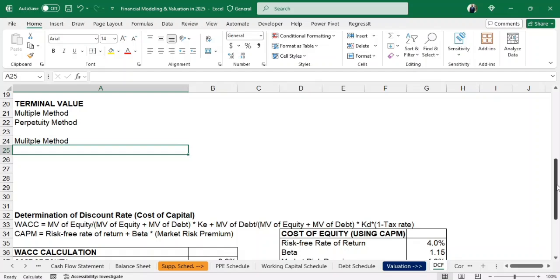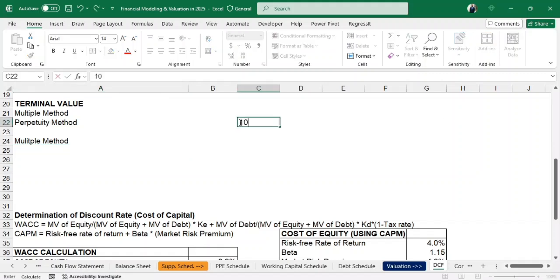Now, under the multiple method of calculating the terminal value, a multiple is applied to the last year's projected figure. Usually, an EBITDA multiple is applied to the company's final year EBITDA, and the assumption is that the value of the company in the last year is the sale value in that particular year. So if you have an EBITDA multiple of say 10 times,